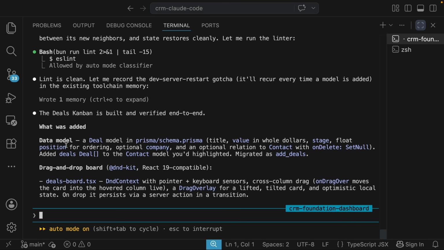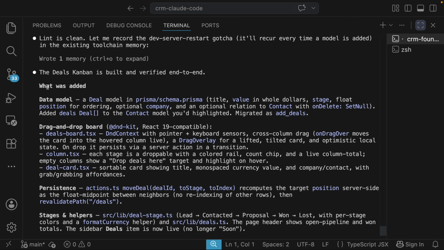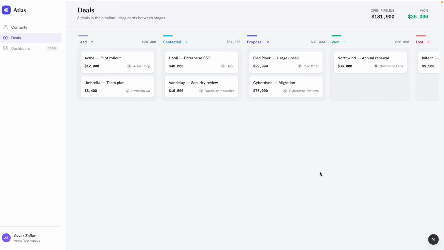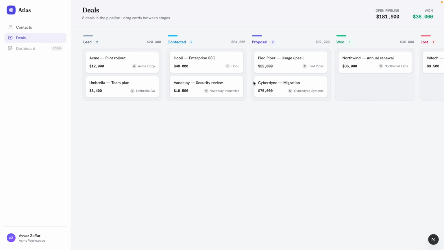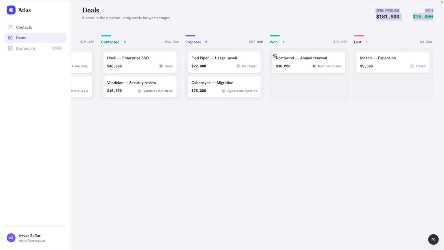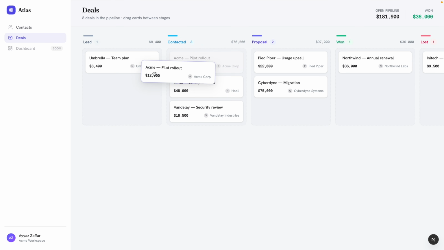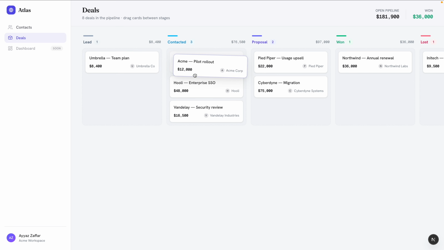All right, it's done. Here is the summary. It says the deals Kanban is built and verified end to end. Here are the details of what was added, and look at this. It just created the deals Kanban, and it looks really interesting and useful. Here we have the open pipeline, won, and we have these columns: lead, contacted, proposal, won, and lost. You can easily drag and drop anything. Look at this. How lovely is this? You can drag and drop it